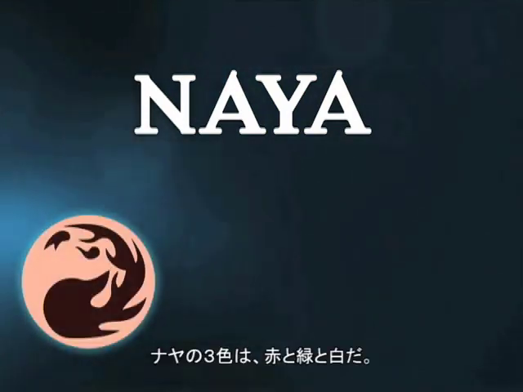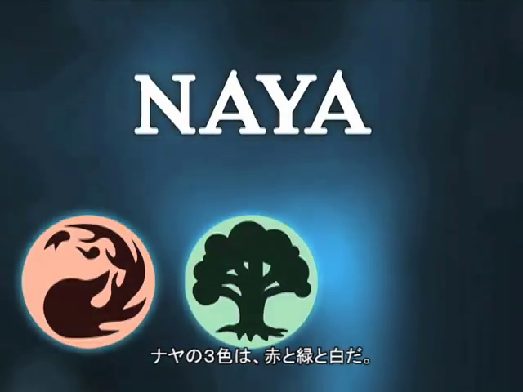The three Naya colors are red, green, and white. Naya is an untamed wild land where gigantic creatures are worshipped as gods. Its major mechanic is something we call 5 power matters. A bunch of Naya cards do good things for you if you control a creature whose power is 5 or